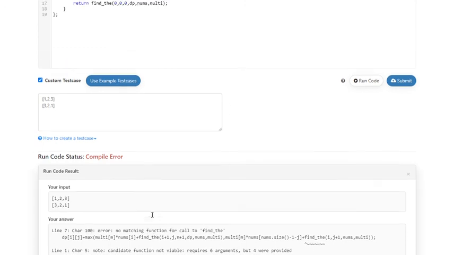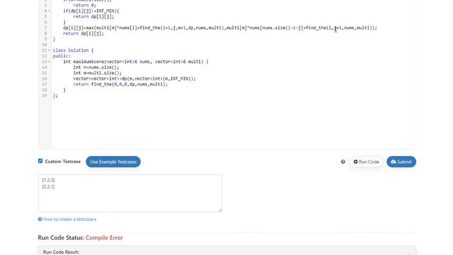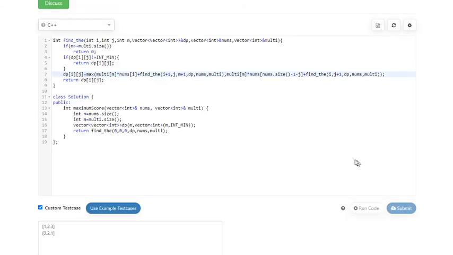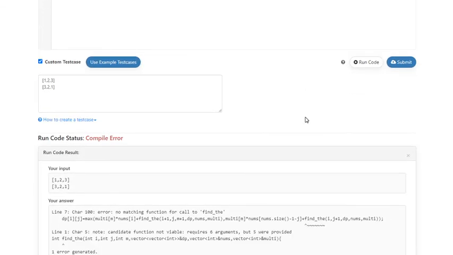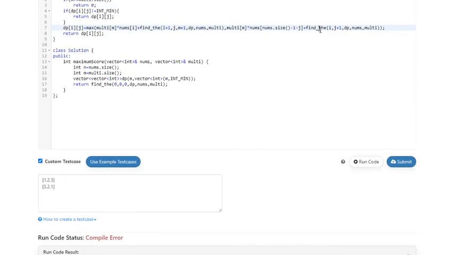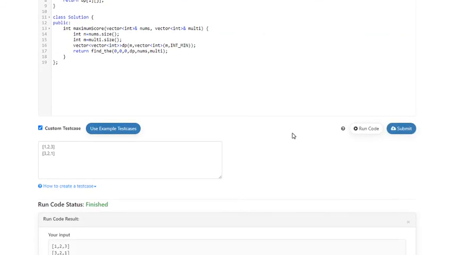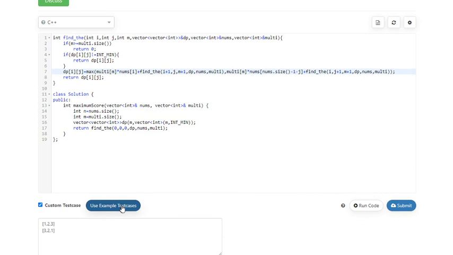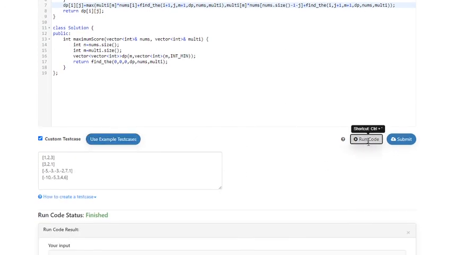No matching function for find. We have to pass dp. Yep, we pass the first test case.